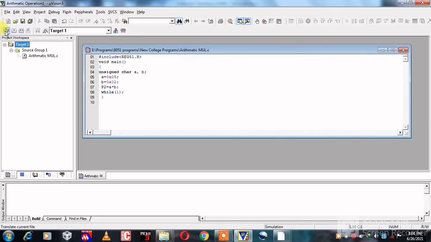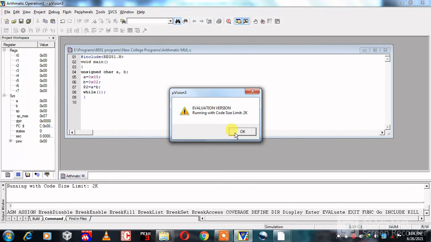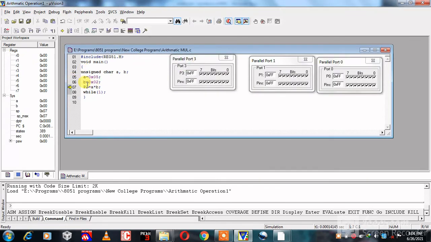Then click on translate current file, build target, rebuild all target files, then click on debug and click on start/stop debug session. OK. The variable a is equal to 0x05, variable b is equal to 0x02. After multiplication, the result is sent to port P2.